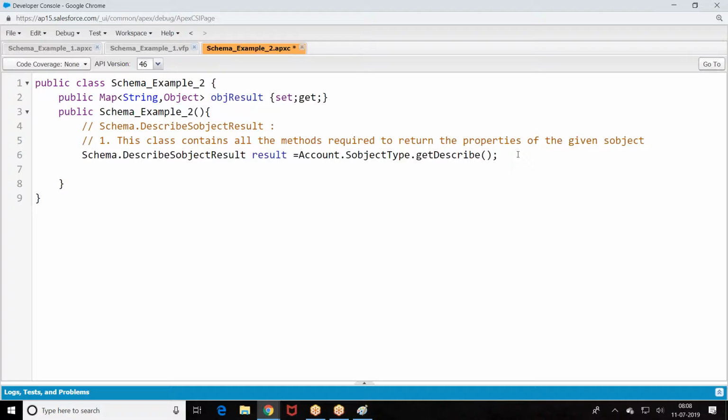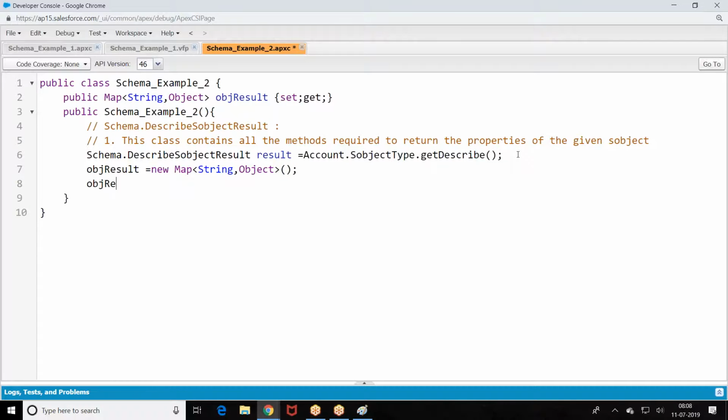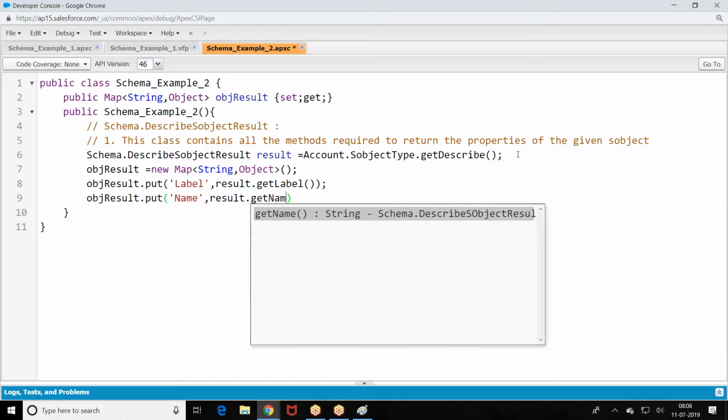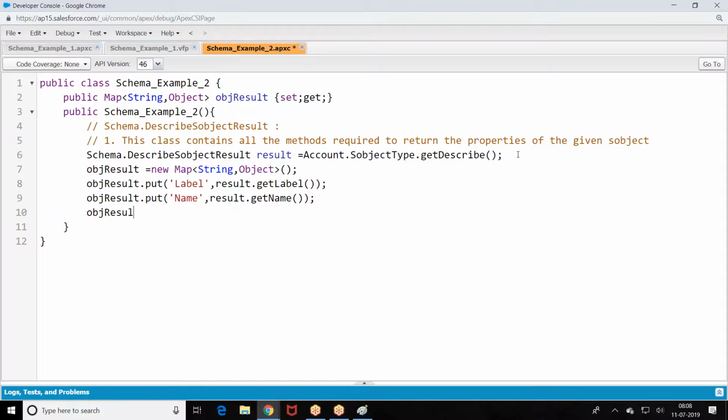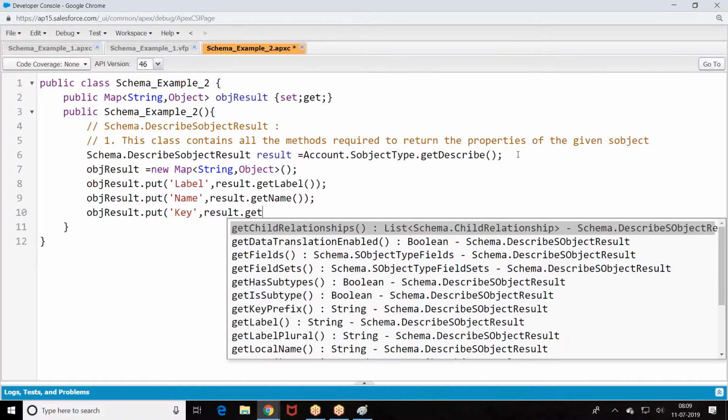So what I was doing, dot put, just label it, result, put, put, key prefix.